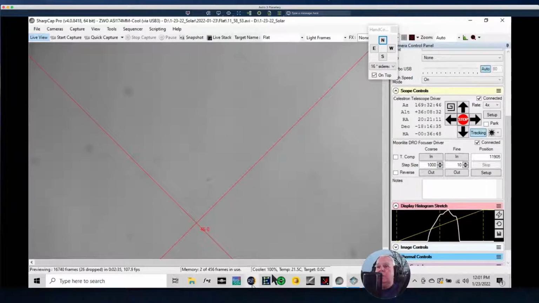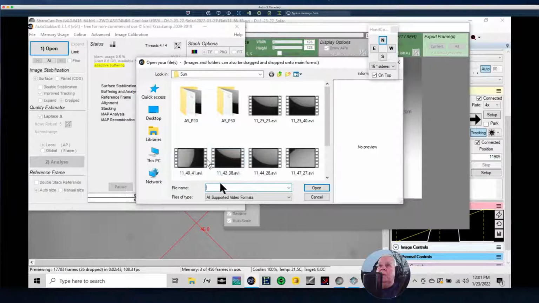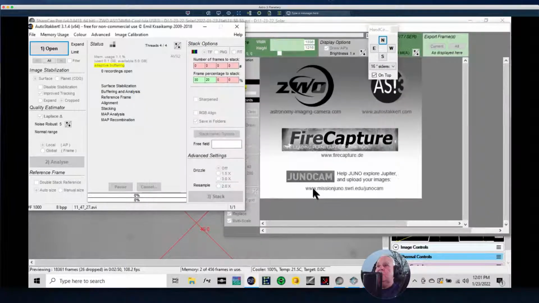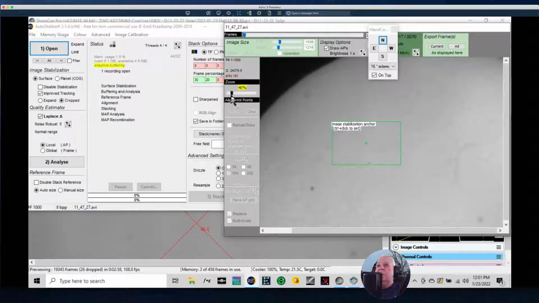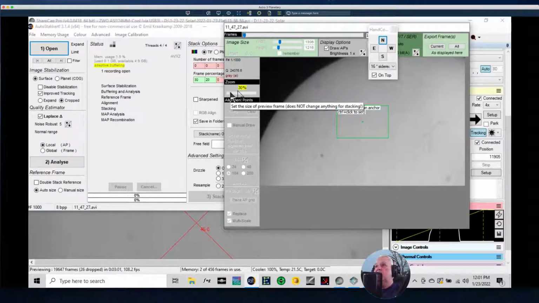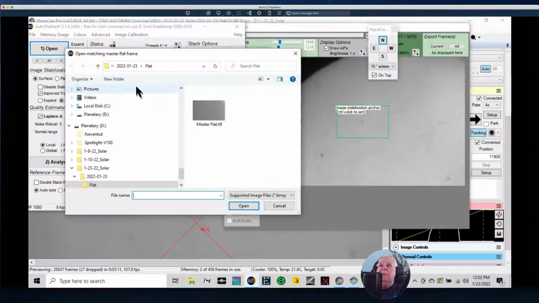So let's bring up Autostakkert again. And we're going to open an image. And let's go to this because we've got a lot of sun surface to watch get fixed. Okay, there's the dust. You want to see all the dust. All right, you see all the crap there. So let's go to image calibration, and we're going to load the master flat from today. And so here we are at the right date, 123, and there it is. And as we load it,